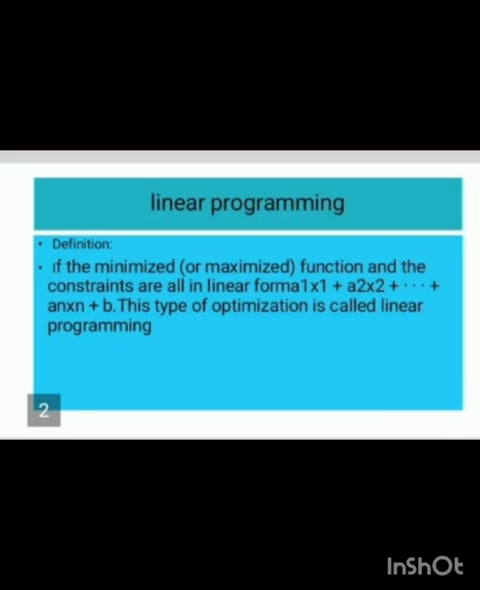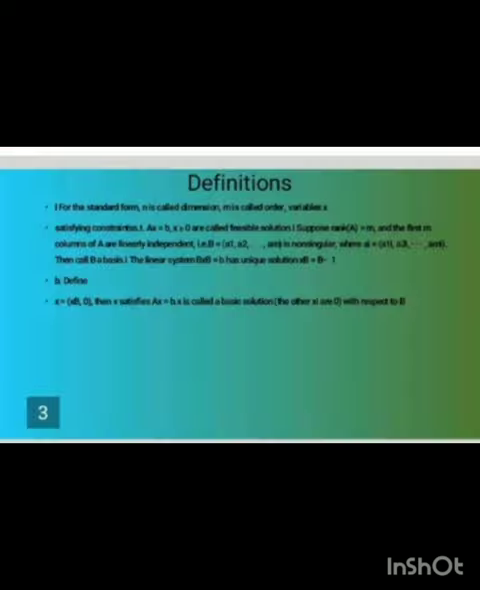Linear programming. If the function to be minimized or maximized and the constraints are all in linear form, a1 x1 plus a2 x2 plus etc. an xn plus b, this type of formulation is called linear programming. For the standard form, n is called the dimension, m is called the order of the variable x. Satisfying the constraints Ax equal to b, x greater than or equal to 0 are called the feasible